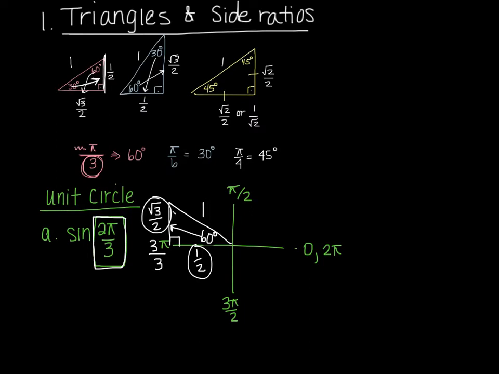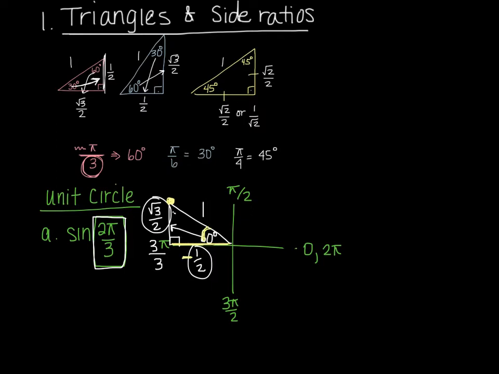Well, the other thing that I need to focus on is, depending on the quadrant that you're in, your side lengths will be either negative or positive. Because I'm going left, I'm plotting this point up here in the second quadrant. Because I'm going left, my x value would be negative, and because I'm going up, my y value would be positive.